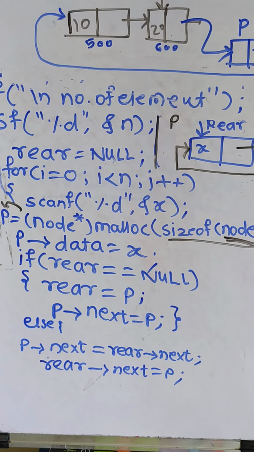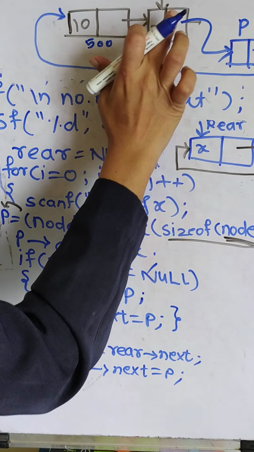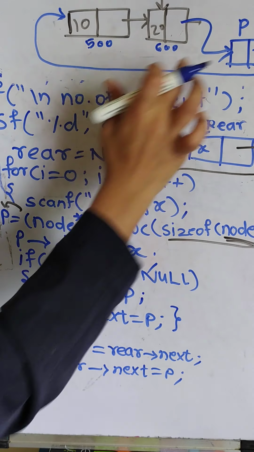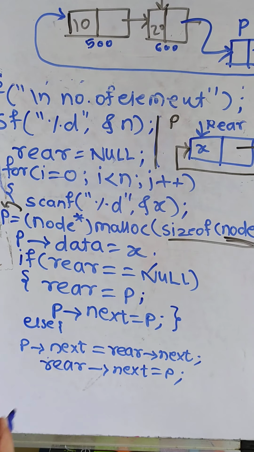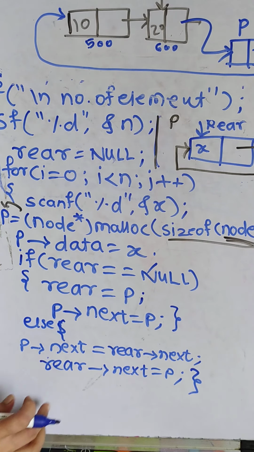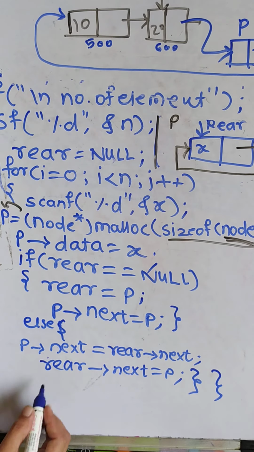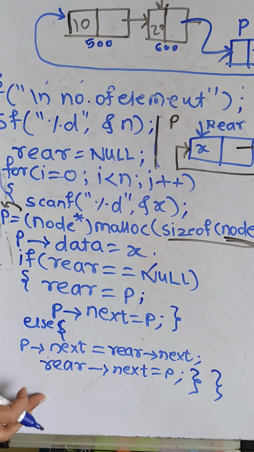See what our aim was: the objective was that this node has to be attached after this one. It is attached. We gave its next here. Okay, so after this, close the curly bracket, close this else curly bracket here. After this, okay, close the for loop curly bracket here, and after this. See, this is for just one node.